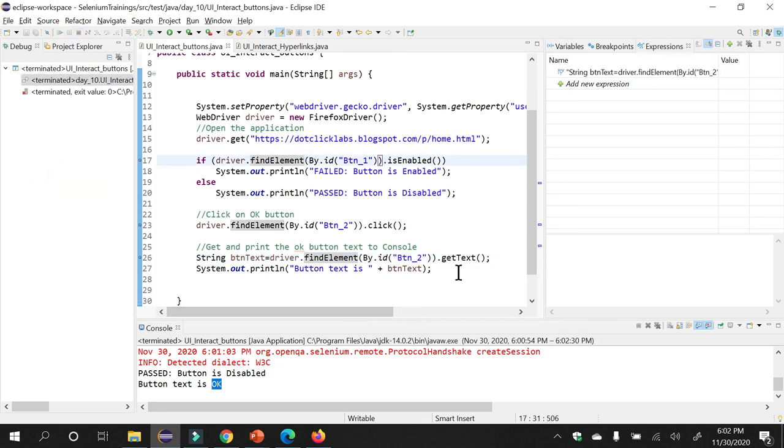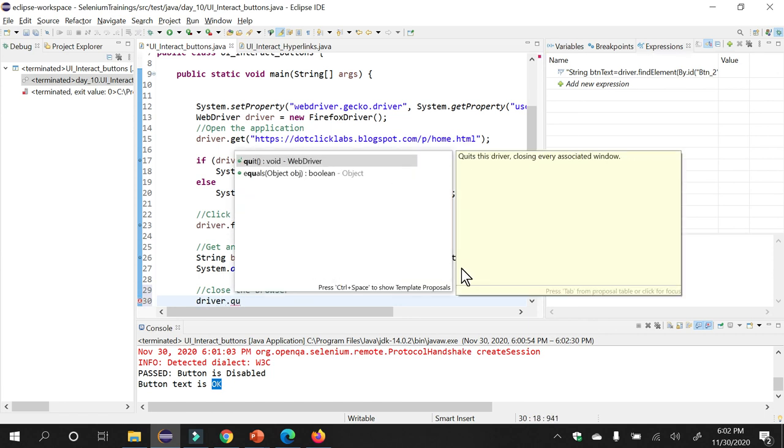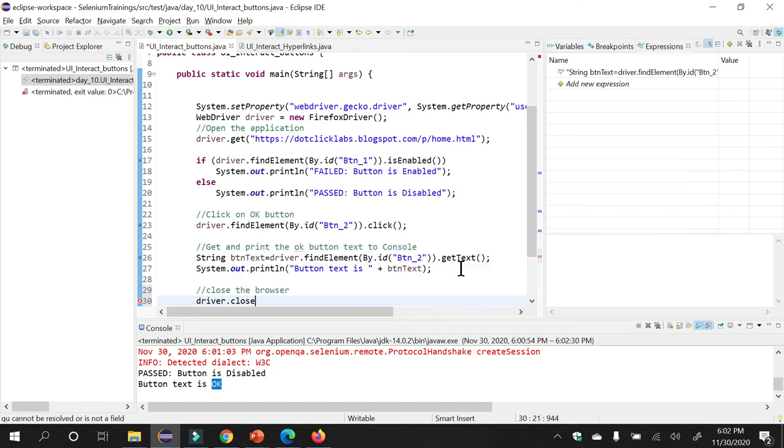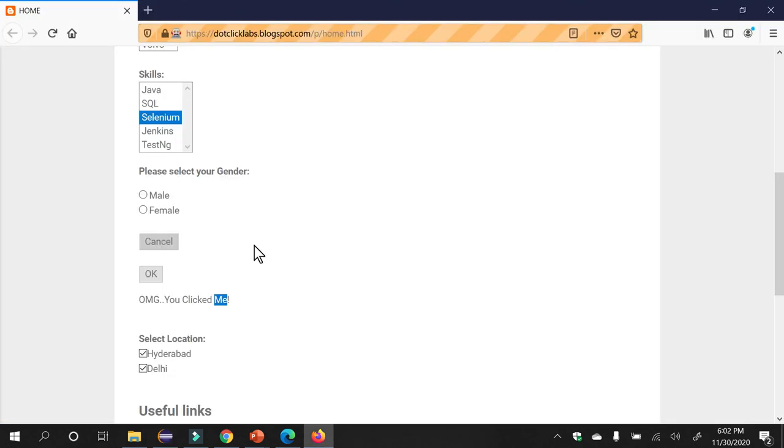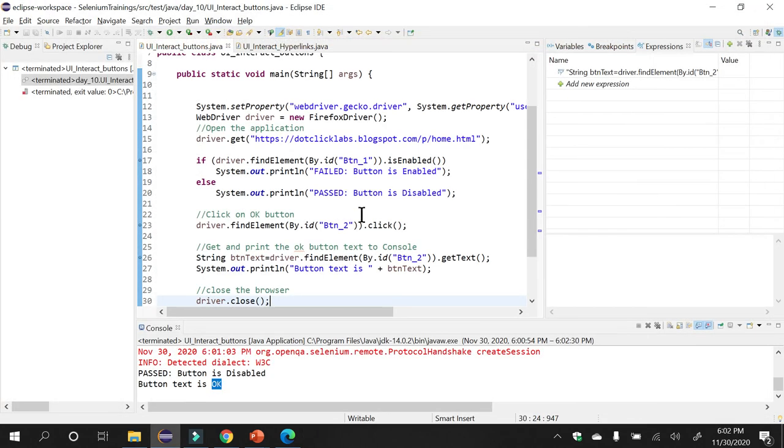Always, you need to close your browser. That's why, as a best practice, you need to use driver close the browser, else your system will not close all the processes that were created. So better you can use either quit or close, so that all the windows opened by WebDriver get closed. So this is how you can work with